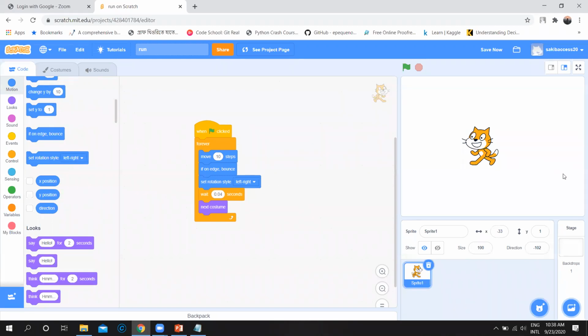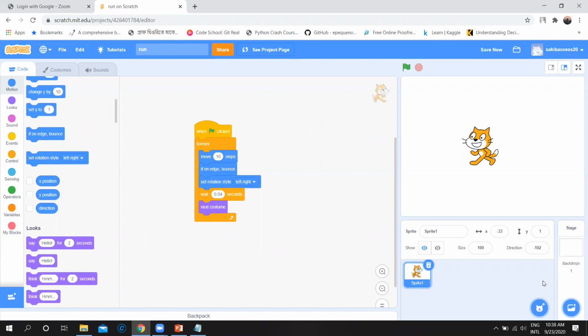You know, by default this is a white background. There is no background by default, but we can also add some background in our projects. There is an option here, backdrops.